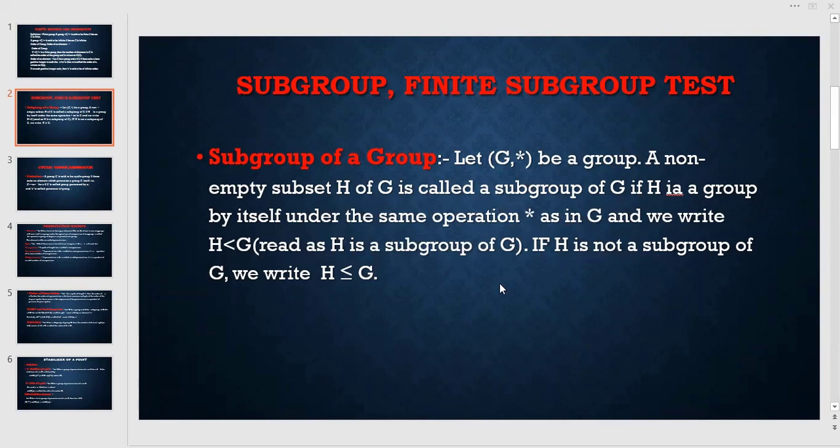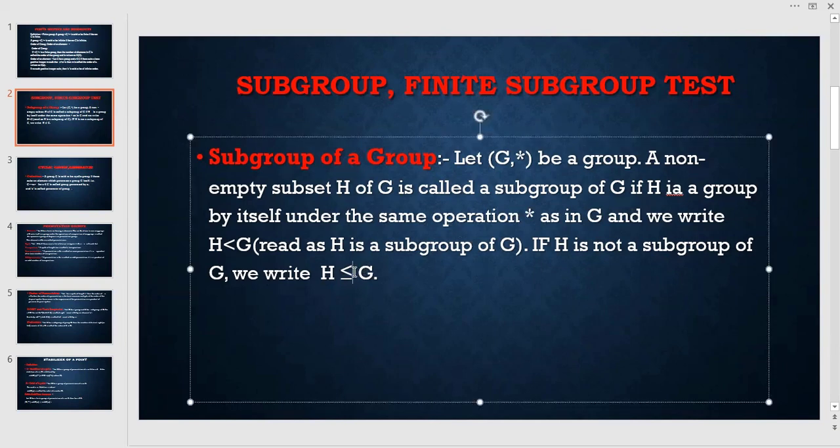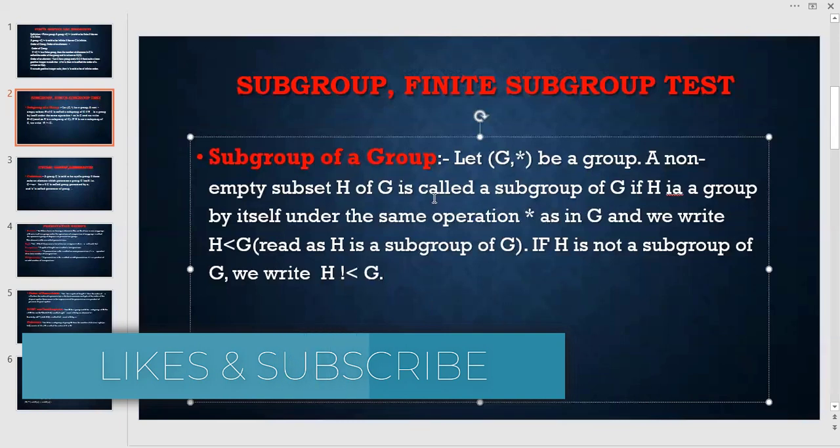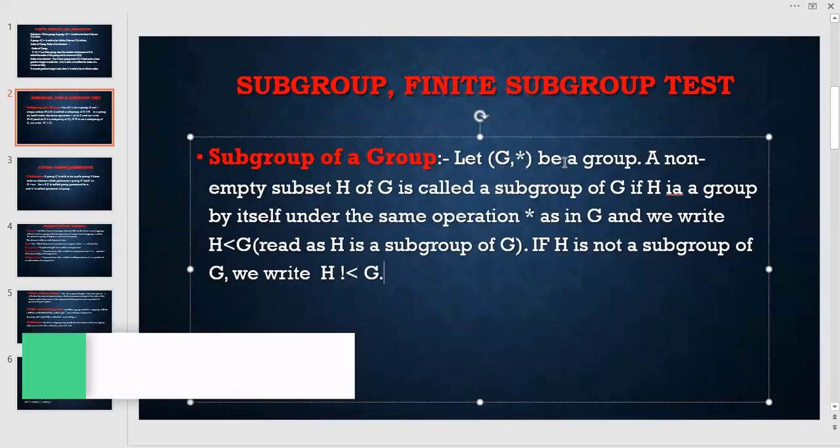If H is not subgroup of G, then we write H is not less than or equals to G. यानी कि H is not belongs to G. If it is not subgroup of G, then we write H is not less than or equals to G. तो देखो सब ग्रुप का डेफिनेशन क्या है, फिर से देखते हैं। लेट G स्टार बी अ ग्रुप,